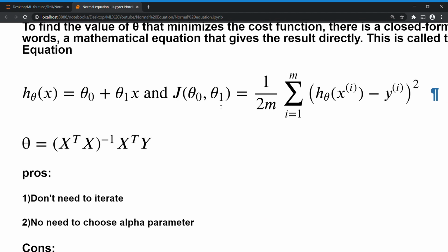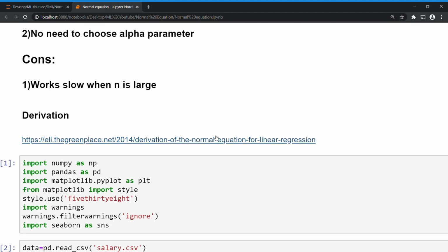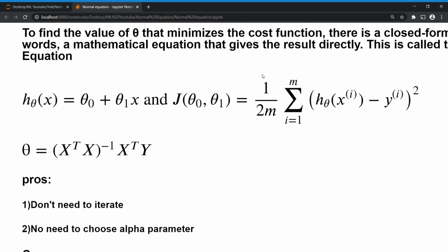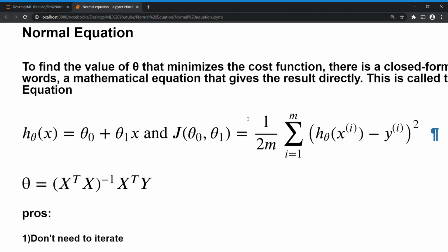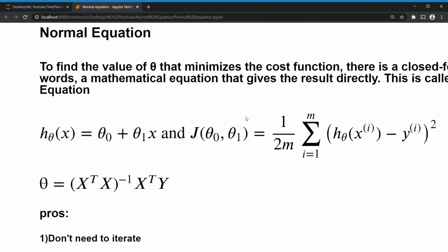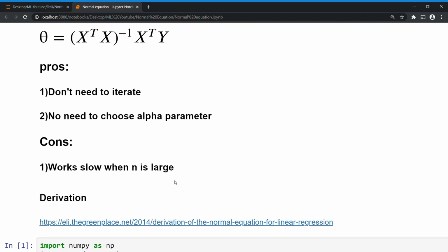Before explaining the gradient descent, there is some difficulty in explaining this derivation. First we have to explain the gradient derivation, then after that we can look at the normal equation derivation. In the next video we will see how to overcome this disadvantage, like it is slow, right?